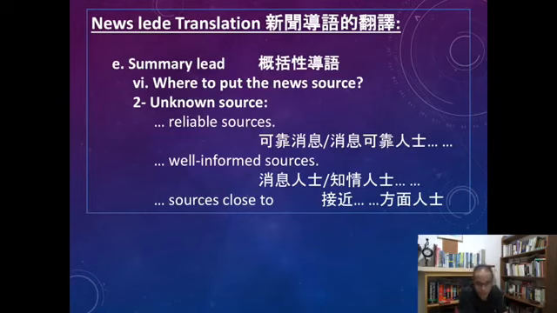Sometimes you don't know the name of the person who reveals the news to you, or sometimes you know but he doesn't want to be mentioned. So you keep his identity unknown. Or you may say well-informed sources, sources close to 接近什么什么方面人士.